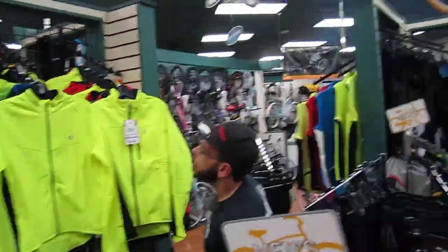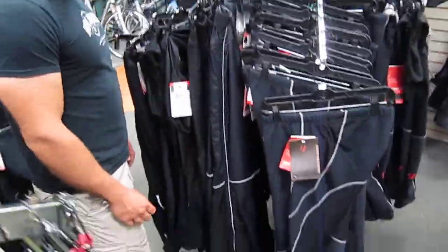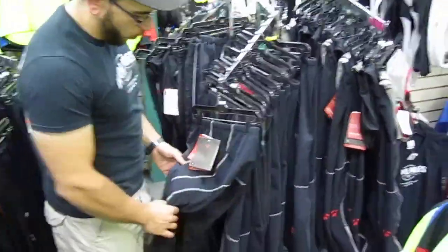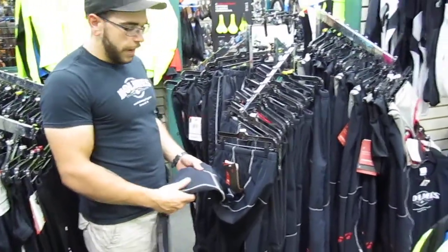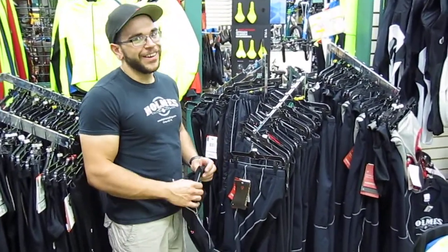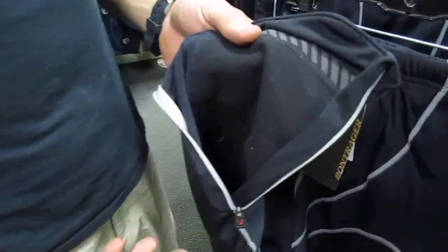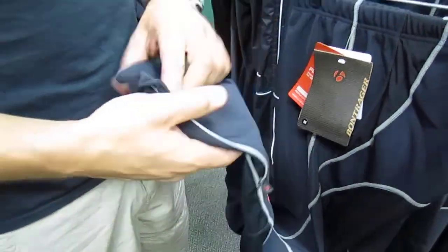And then we got some leg coverings over here too. Tights. So you have a couple different levels. I would say your biggest thing to worry about is looking for something with a Gore-Tex material, which is going to be Amphib. And with Amphib, if you can't stay warm with this, you shouldn't be out there. This stuff here is really warm. It's fully water resistant, fully wind resistant, fully fleece lined,